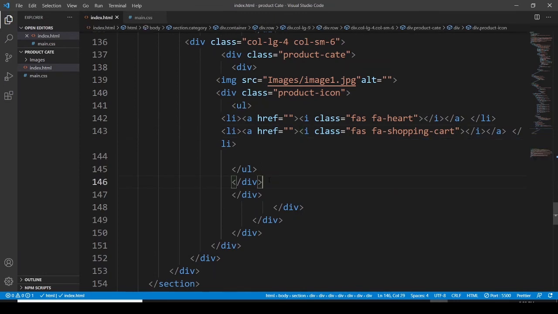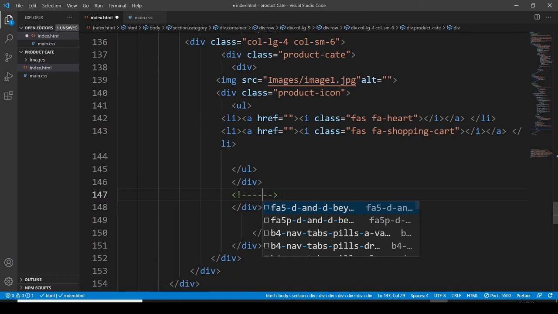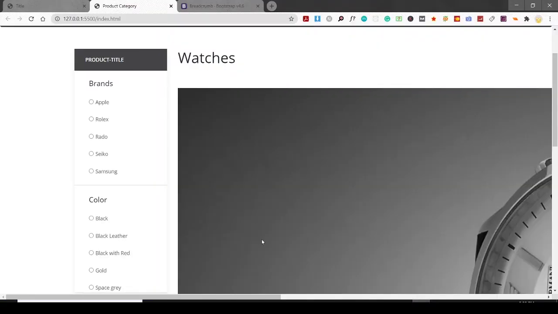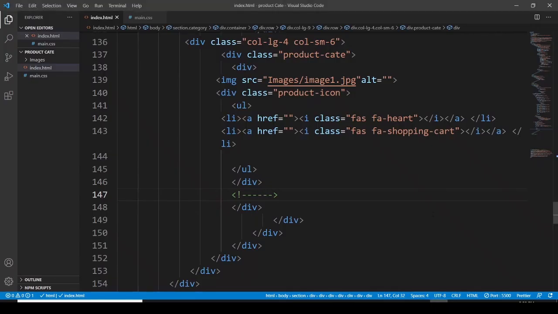Then after this, just for convenience, look at the image. It's such a massive image, and we have to work with this image, and let's work with the description also. So after this, let's have a